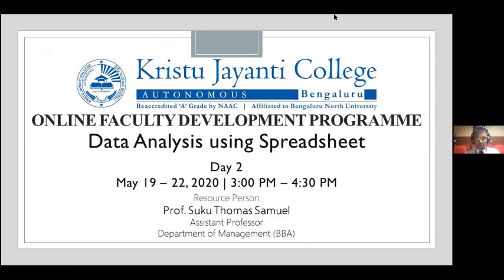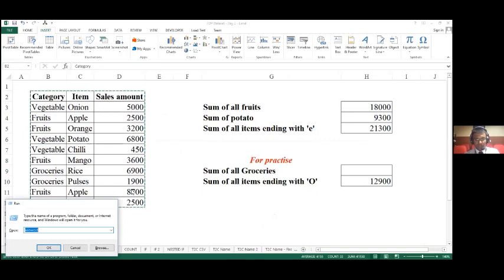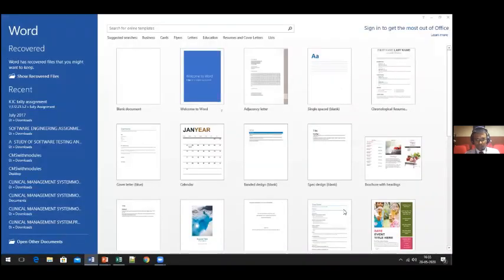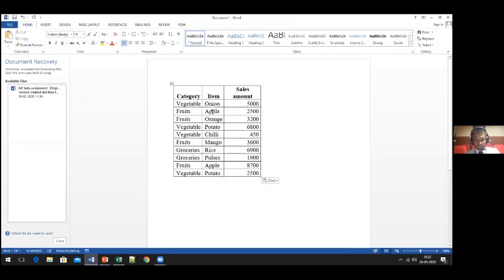So we may not be able to. A function called export or import may not be readily available, but what you can do is copy your data. Let me quickly show an example. Here I have this particular sheet, and I'll copy this value from Excel, and let me open up Word. I hope my Word is visible to you, and then I just have to do Control V. So it gets pasted over here.